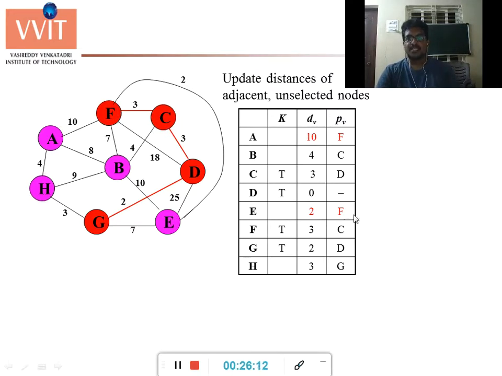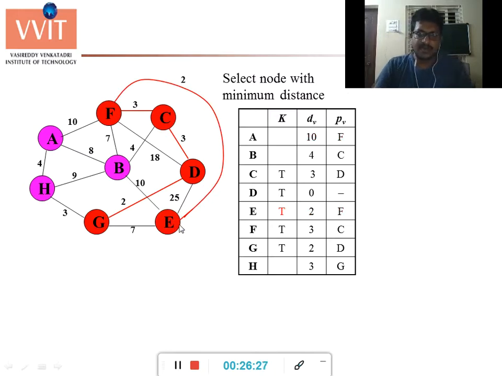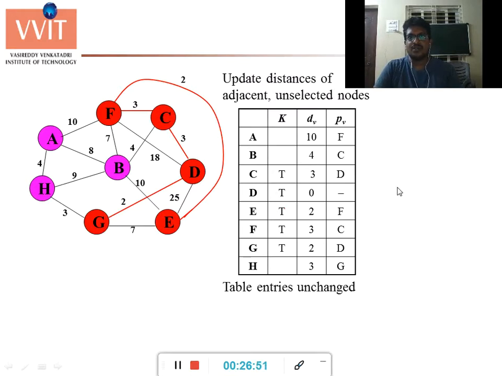This F to E is minimum. So we need to choose this edge and we have to check whether it's forming any loop. No, it's not forming any cycle or loop. So we can pick this edge from F to E. So I have marked E as listed. Now again, you need to update this table because now E is our parent. So from E, there is an edge to B, and E to F and E to C are already listed. So now we need to update this value E to B. So already B is having 4, so no need to update because it's already having least cost.